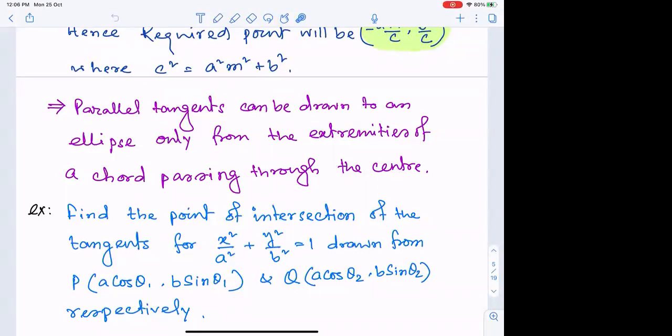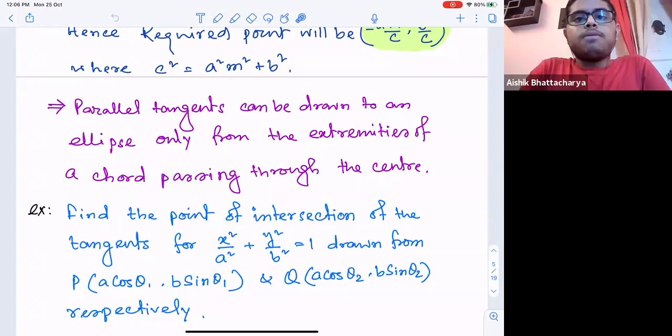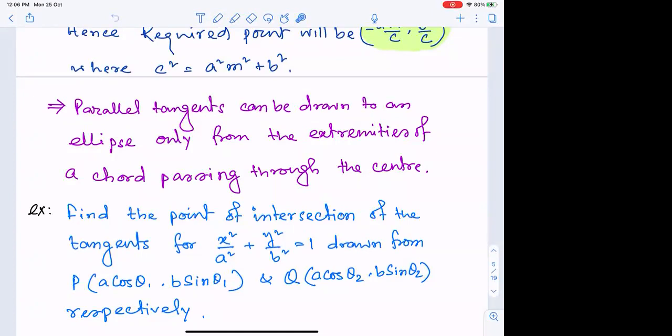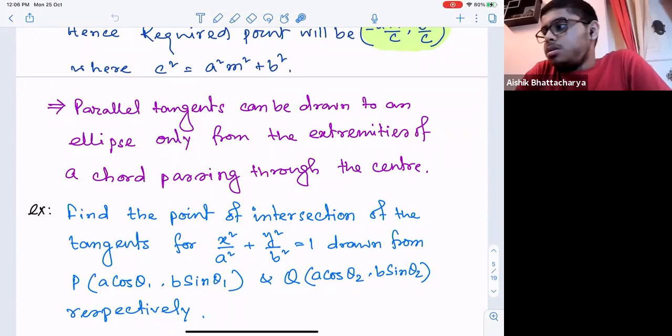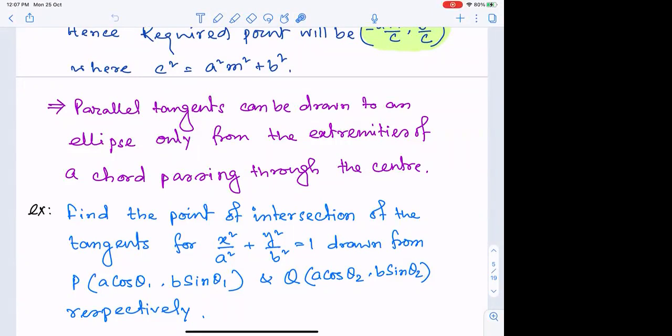Now, let us reconsider that the point we are supposed to find, for that point, what is PQ? Can anyone answer that? Over here, we are searching for the point of intersection of the tangents that can be drawn from that point. P Q is chord of contact with respect to that point. Very good. So that means we are searching such a point due to which PQ is going to act like chord of contact. Are we ready with the equation of chord PQ?